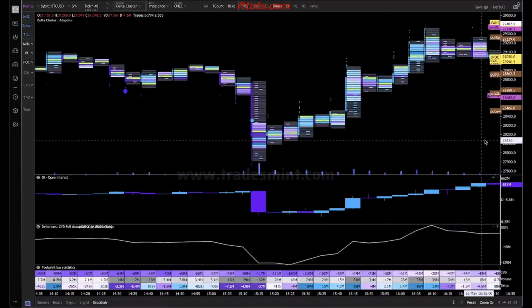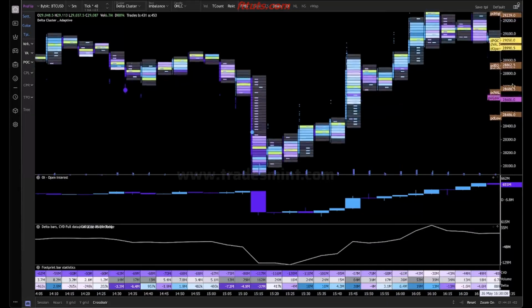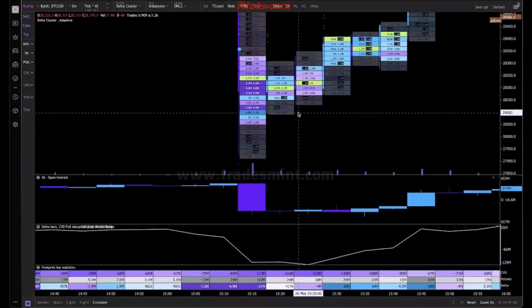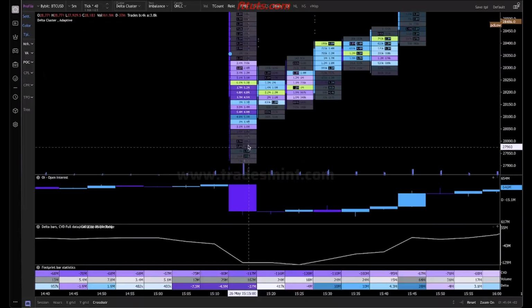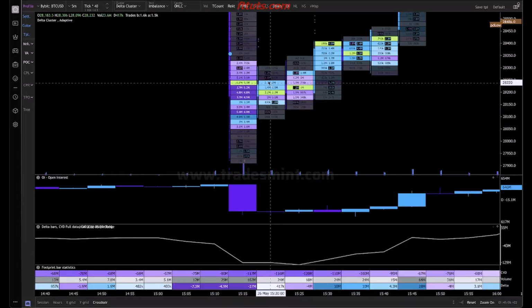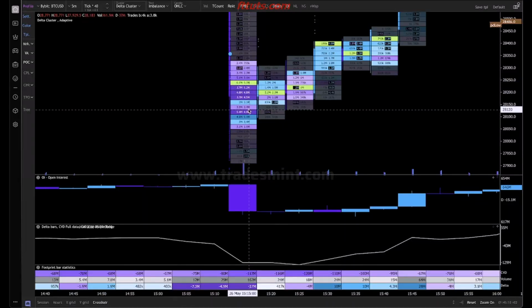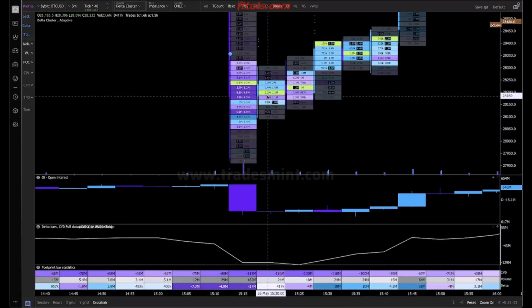So let's zoom in a bit to see the footprint, and then this is what you want to see essentially. So decrease in open interest, you want to see a lot of volume and a lot of delta, and then you really want to see new short positions opening at the low, essentially getting trapped